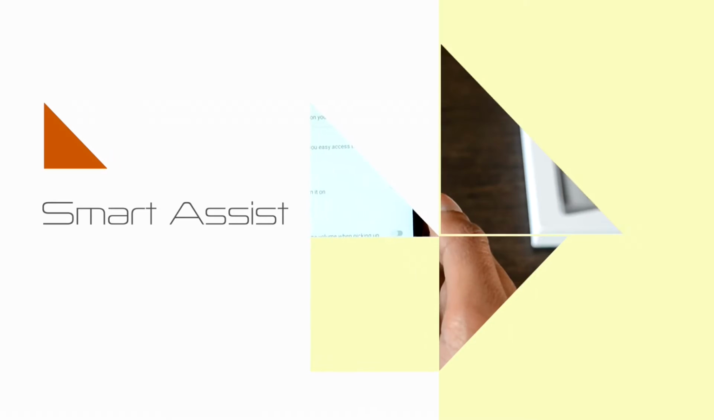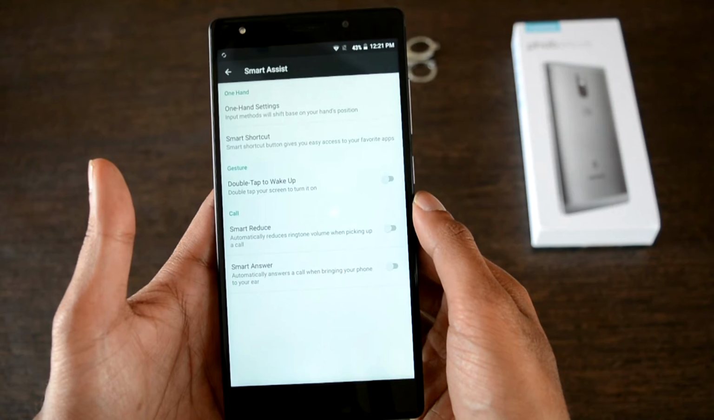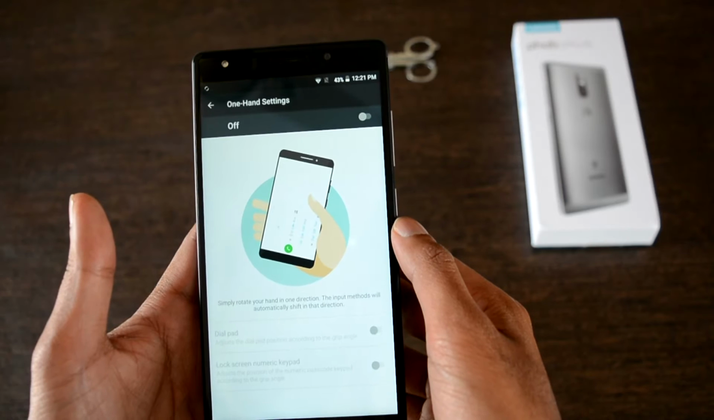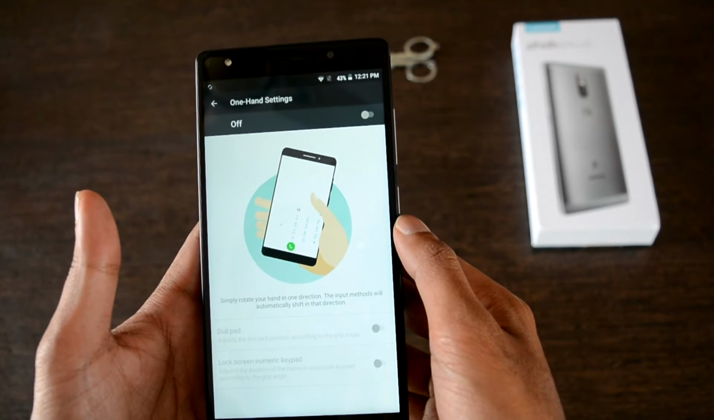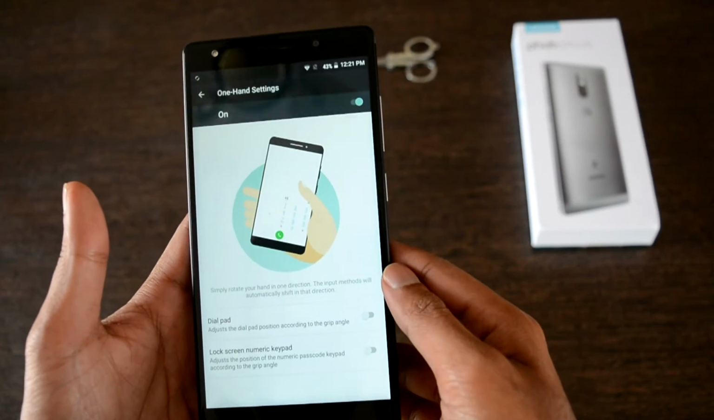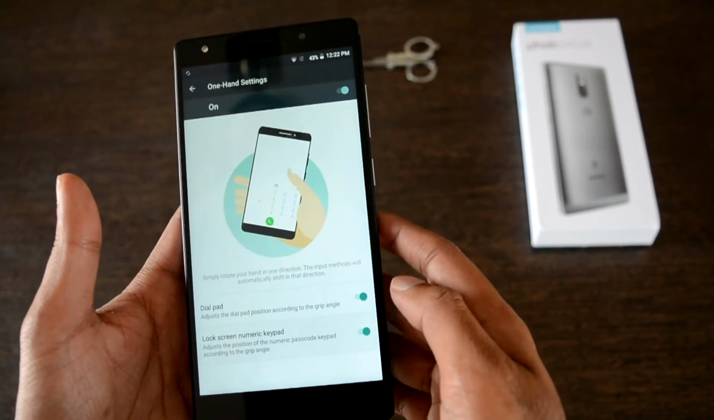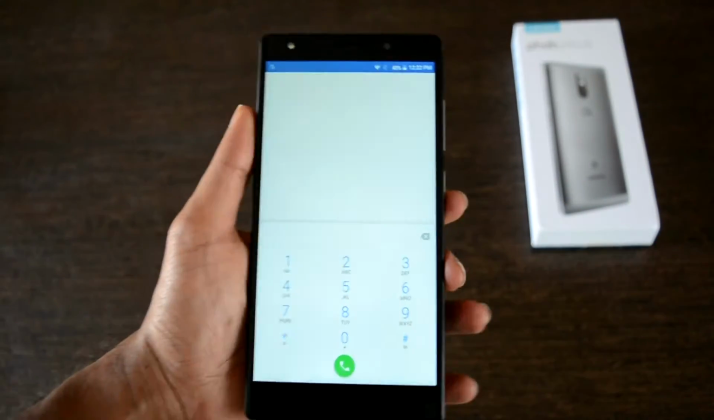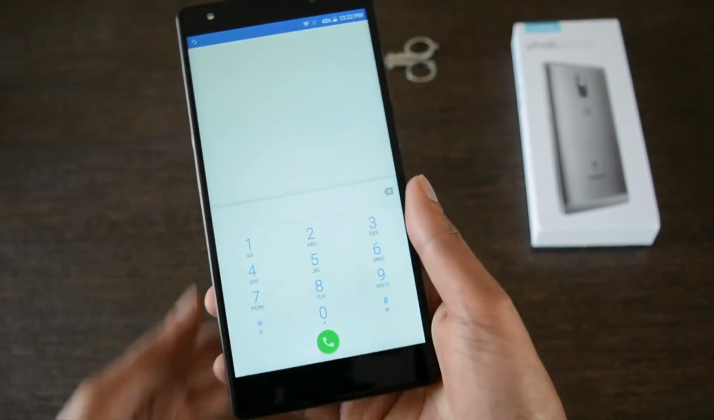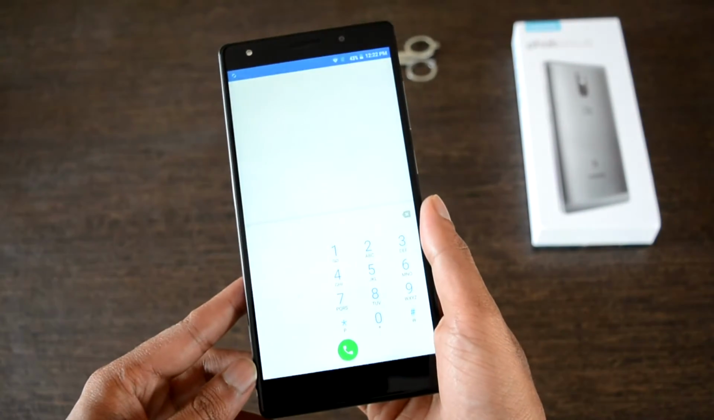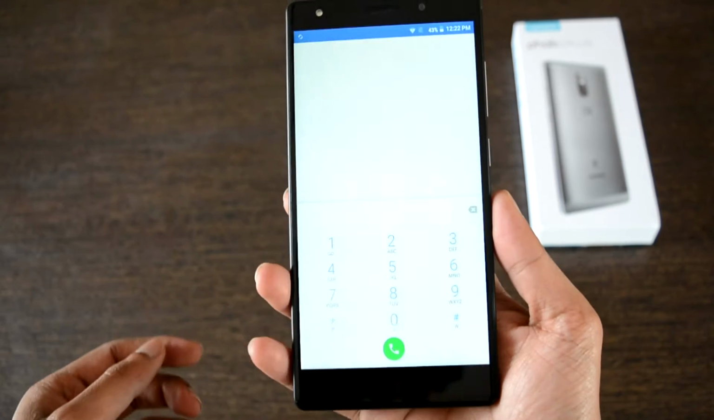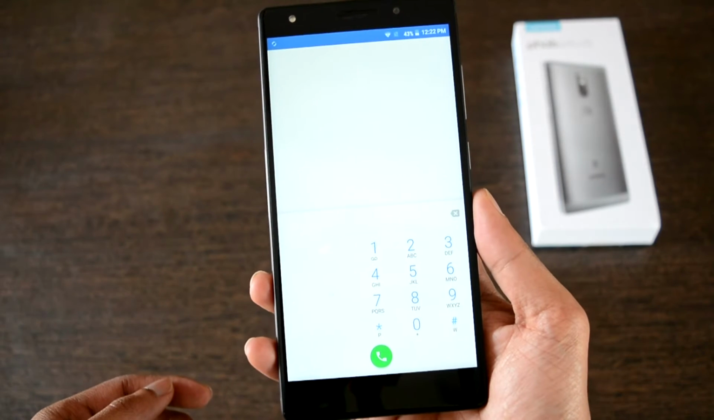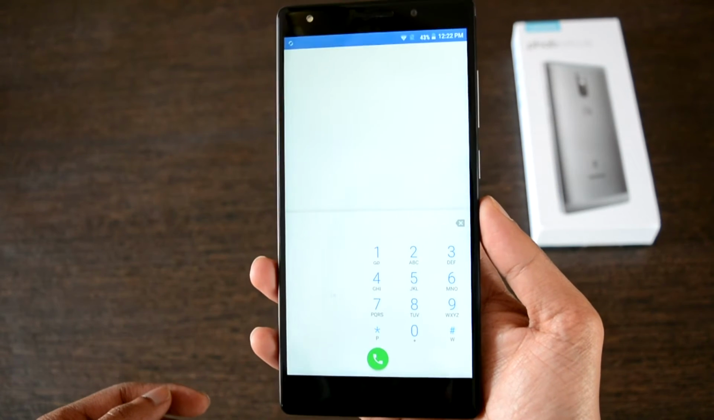Now the next prominent feature that comes along with this user interface is the Smart Assist feature. This can be accessed via the settings, and this is something that is copied straight away from the iPhone. I mean, the whole idea of the Smart Assist is something that we can see in almost all the iOS versions. So what exactly does the Smart Assist do? Well, it has the same functionalities as it provides on the iPhone, which is that it lets you control things like one-handed mode, auto answering a call when you bring it to your ear, and everything that makes your life